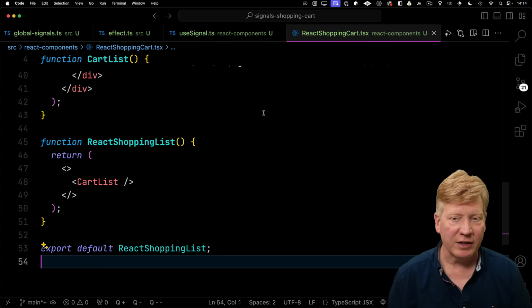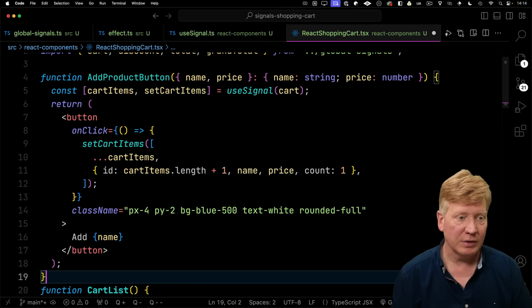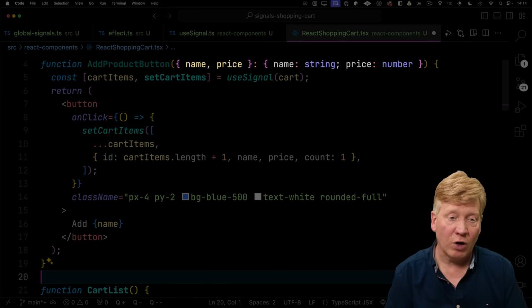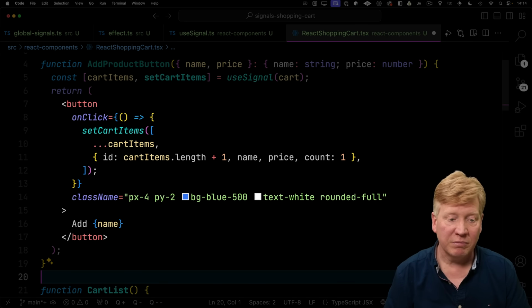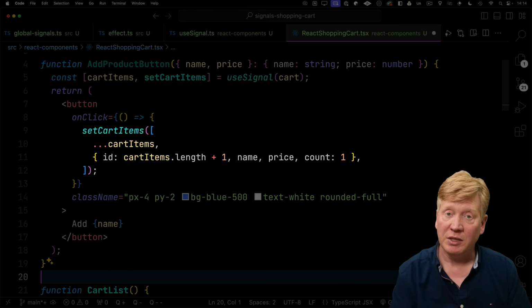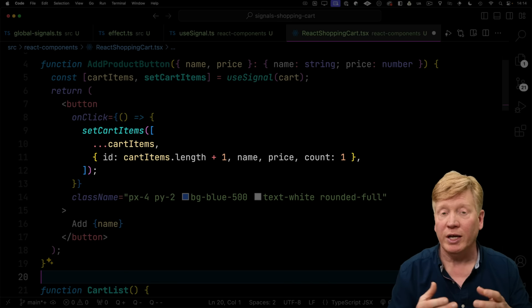So let's go back in a React shopping cart and create a button that we can use to add items to our shopping cart. We'll call that add product button. It'll take a name and a price for our product. And then we'll put up a button nicely formatted that just sets the cart items. We take the existing cart items and then we add our item to it and we create a new array